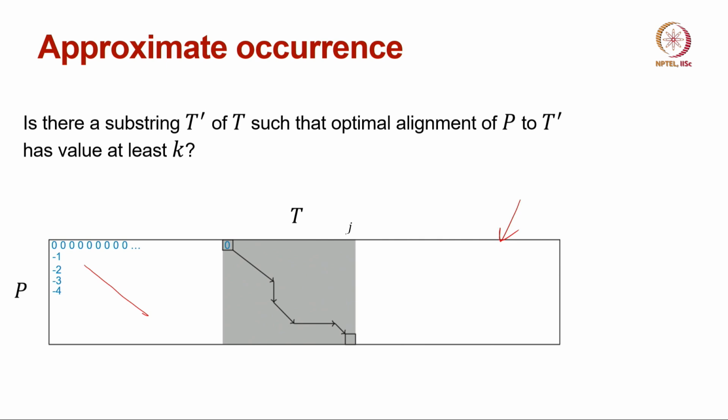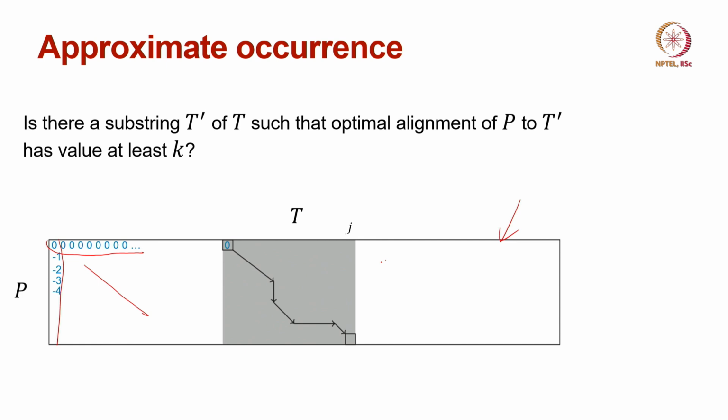Observe that the first row will always have 0 values based on our base case, and the first column will have certain negative numbers because we are aligning pattern characters to dash symbols. So, once we have solved all the alignment values in this dynamic programming table,